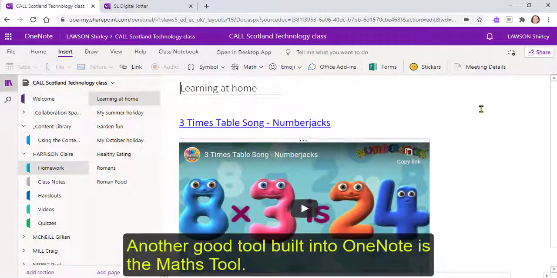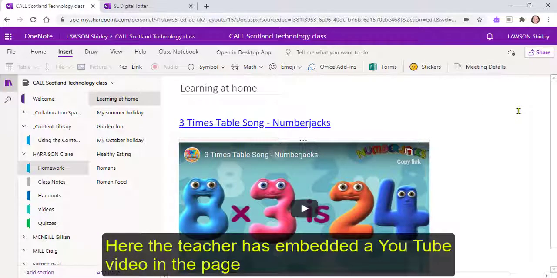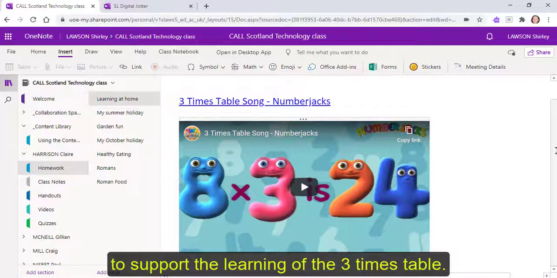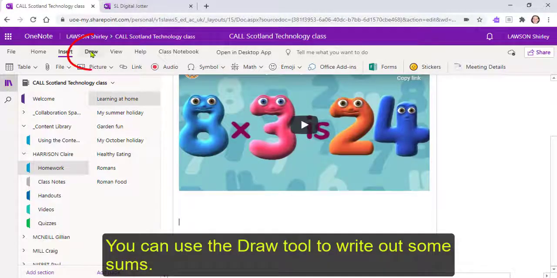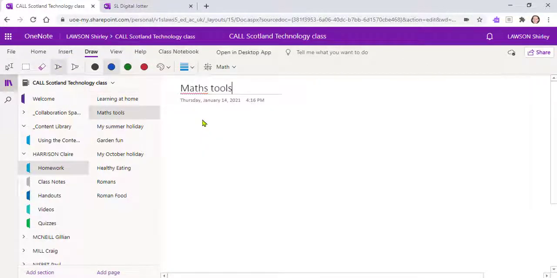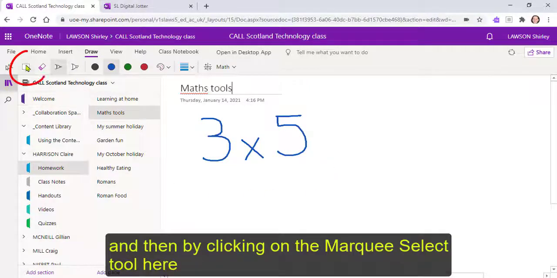Another good tool built into OneNote is the Maths tool. Here the teacher has embedded a YouTube video in the page to support the learning of 3 times table. You can use the Draw tool to write out some sums. And then by clicking on the Marquee Select tool here,